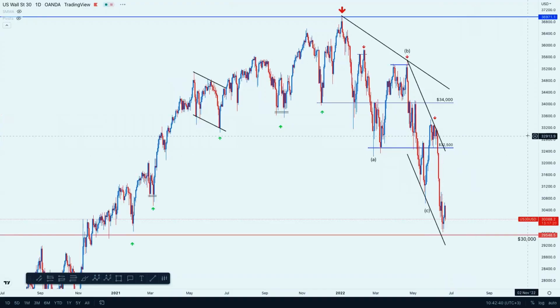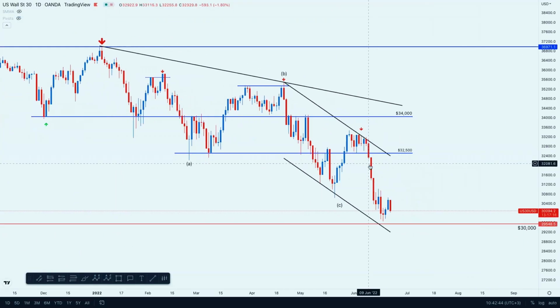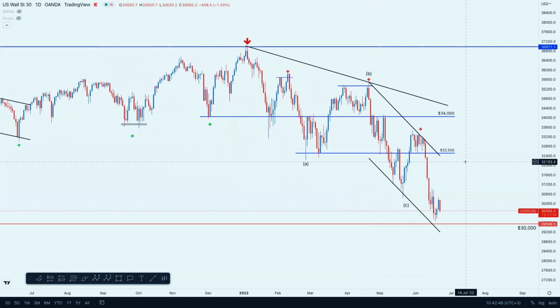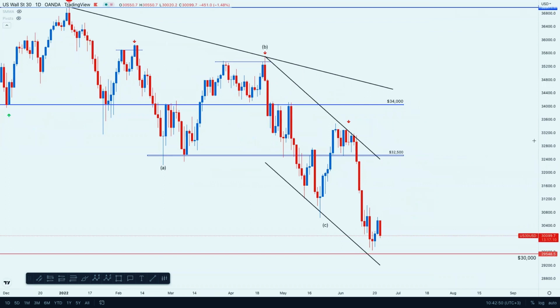If you look at the daily chart, you can see last week we had a strong move to the downside, moving the market all the way to that level. Remember, I was watching these key levels. As I keep saying, I'm watching key levels and trend lines. So I was looking at this support.